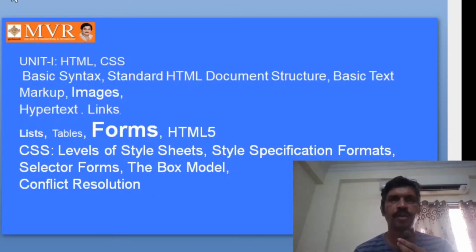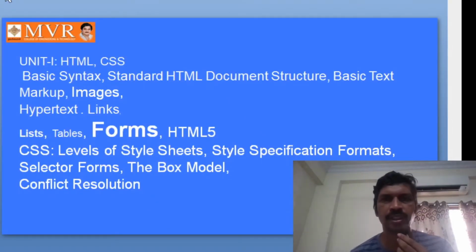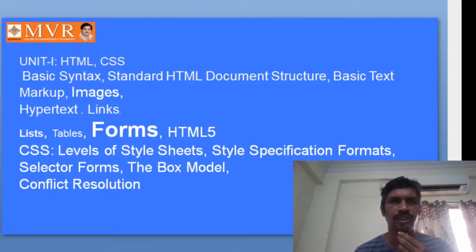Okay, these are the basics about form. Finally, the definition, once again: if anyone asks what a form is, an HTML form contains input elements which allow the user to enter some data that will be submitted to the server for further processing. This is the definition of the HTML form. Next few classes we will see working with forms in HTML. Forms are very important.